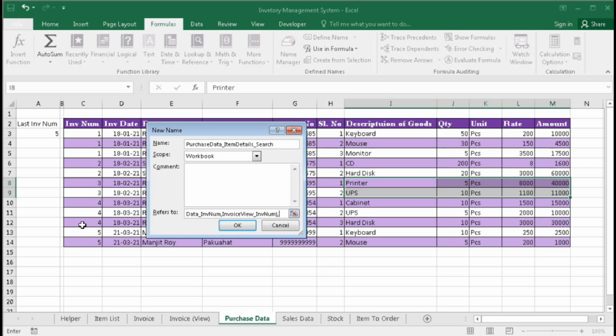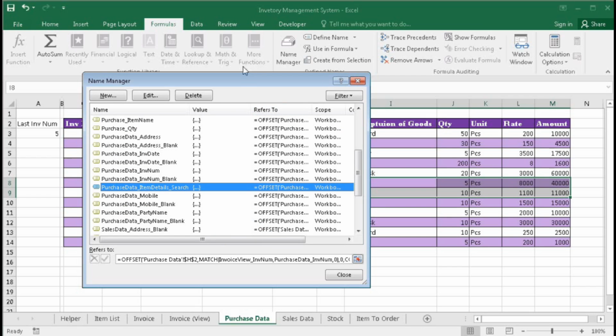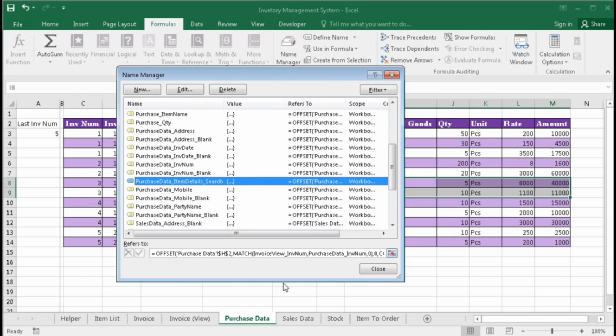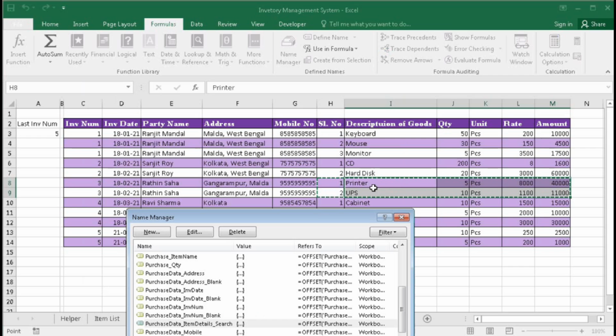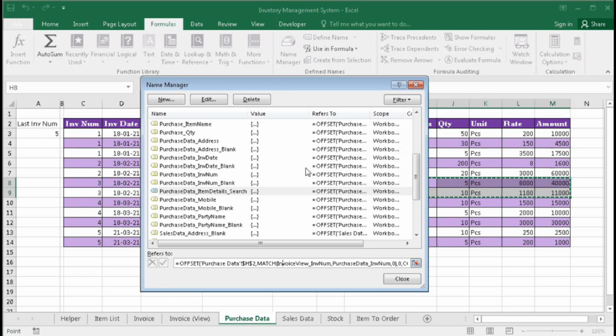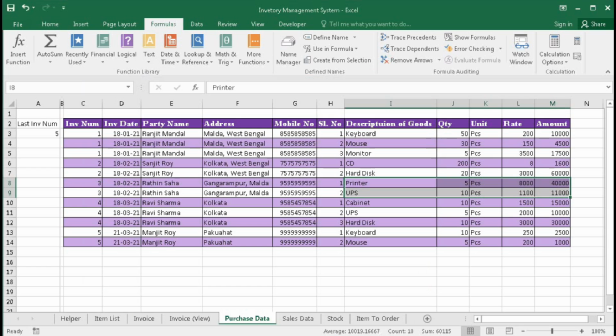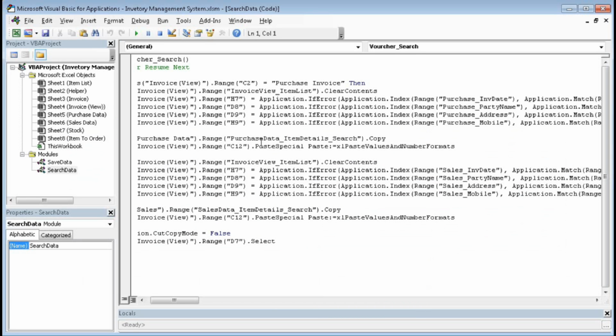Comma, what will be the width? 1 2 3 4 5 6, so it will be 6, then bracket close. Okay, now let's see. Click here, you can see 3, this is selected, so we have done that. Now close.